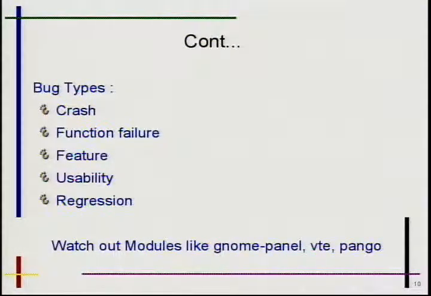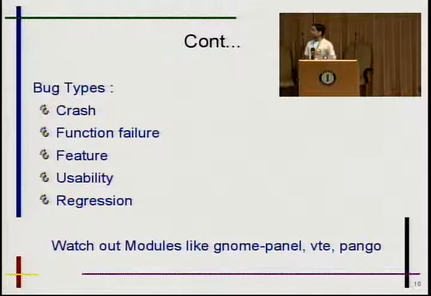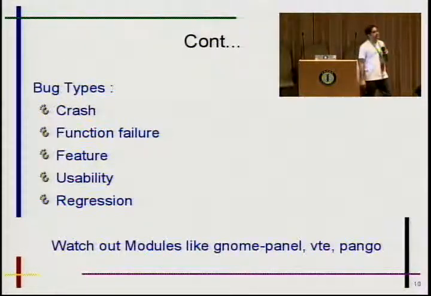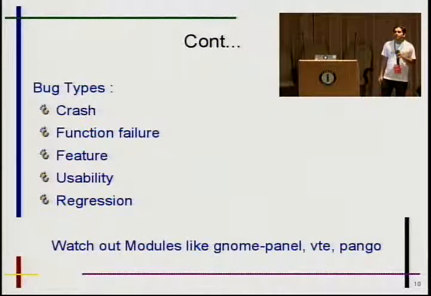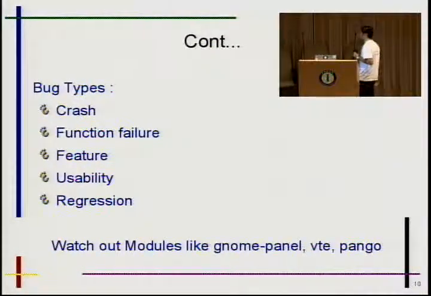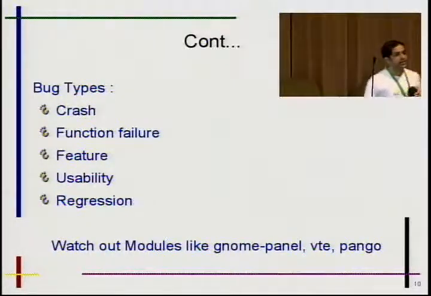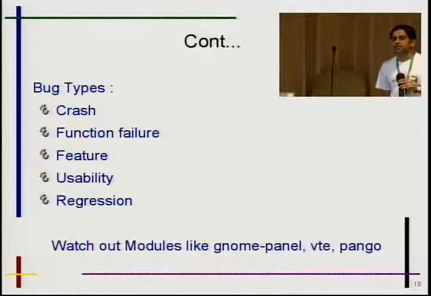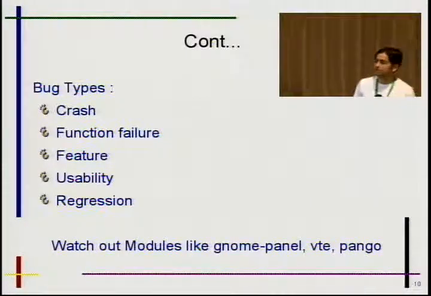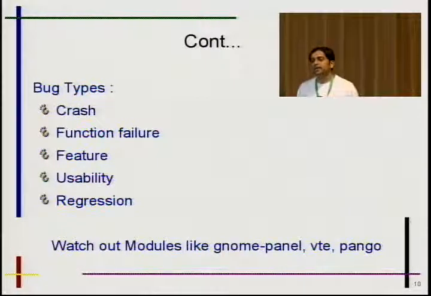Yeah. So moving forward, what all types of bugs will be there in Bugzilla? An application can crash. It should have traces and everything. The other bug could be a functional failure, when any function is not working, or it's not behaving the way the user is expecting. Many times the user feels this application is not working as he wants, or it doesn't suit his workflow, then he may have a request which will come as a feature request and should be filed as an enhancement request.